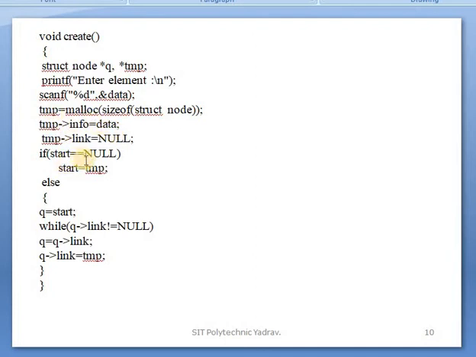After that, check whether start is null. If it is not null, there are elements in the list, and the else part is executed. For example, if start is equal to null, there are no elements in the list, so start is connected to the first element entered. Otherwise, start is assigned to queue, and queue of link, the next address, is followed until null. When found, the queue's next element is the temp variable entered by the user, and it is assigned there.